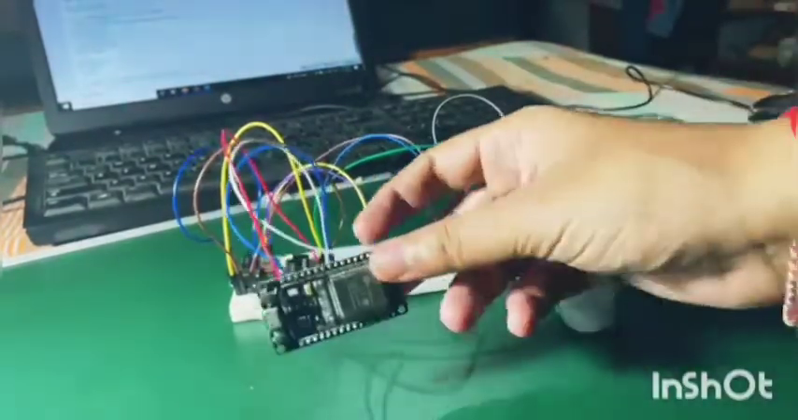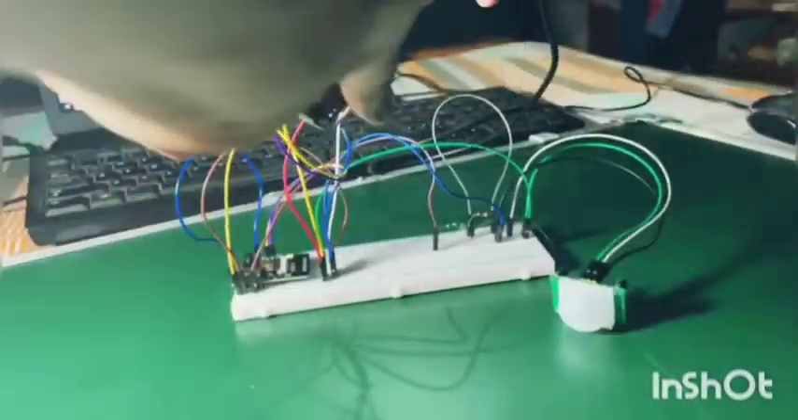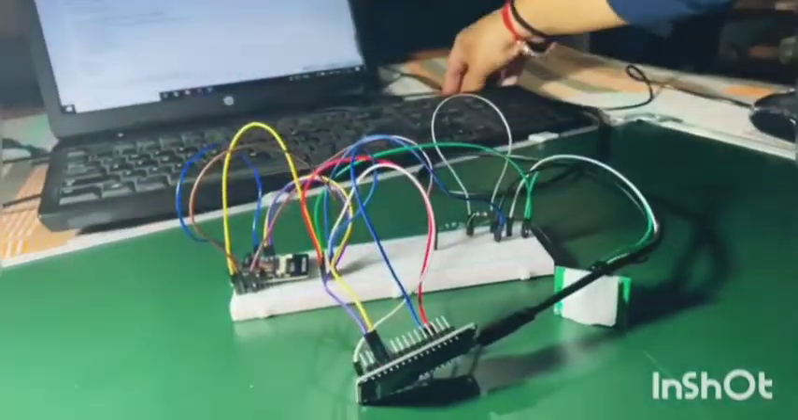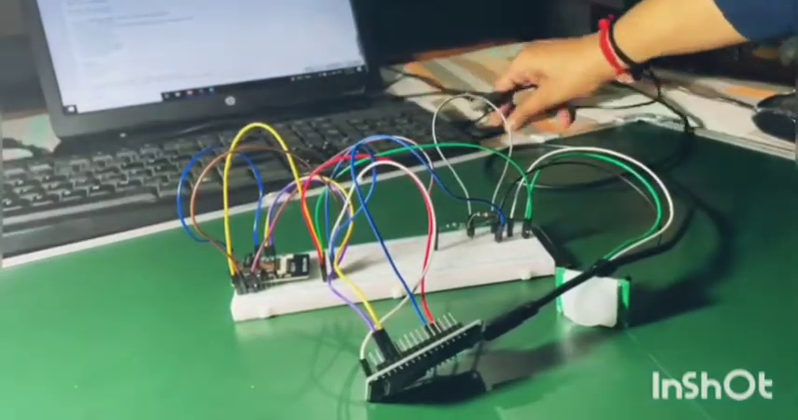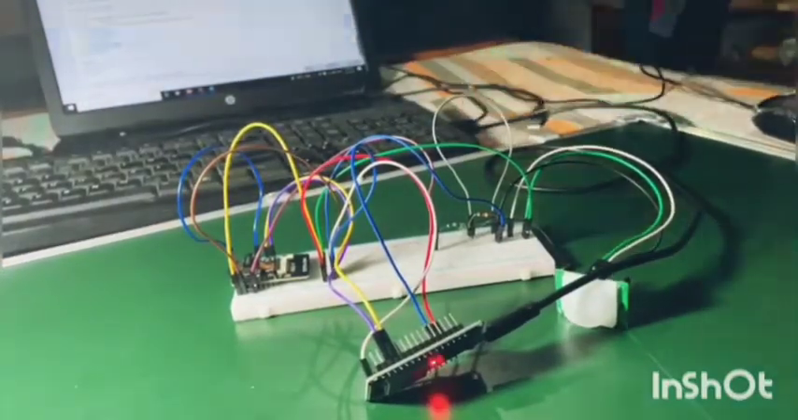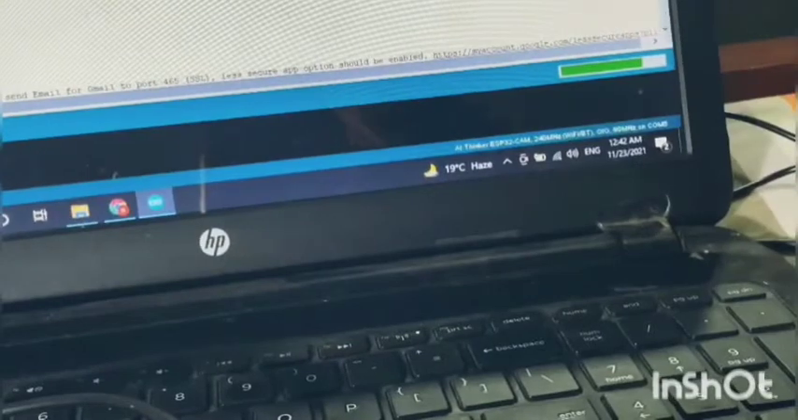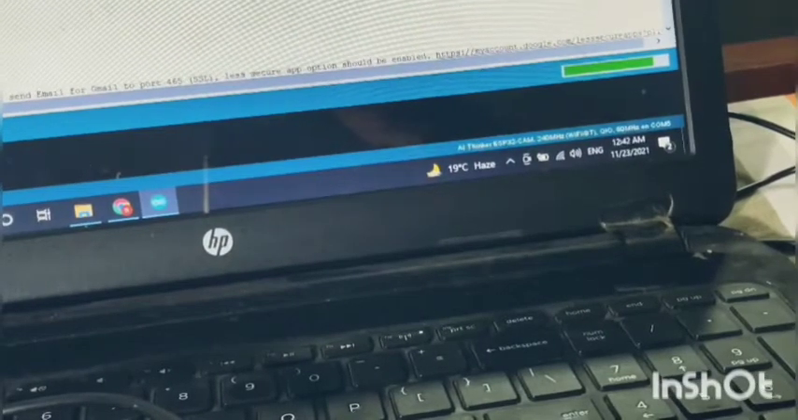Now I will connect it with the USB. Now I will connect it with the laptop also. So now you can see the LED is blinking, the code is compiling. Once the code is compiled, it will be uploaded to the ESP32 cam chip through the ESP32. So you can see it's uploading. The percentage of uploading is showing here. Once it uploads,